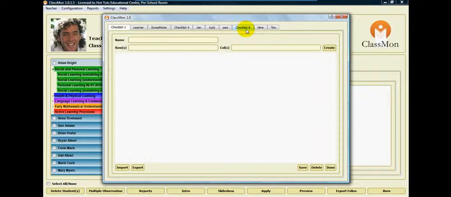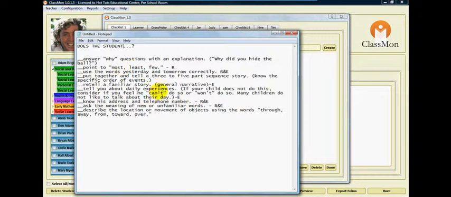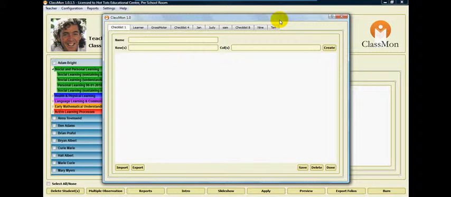So there are 10 preset checklists, and you can go through and fill any of those checklists and then associate any of them with any of the students. So we're going to build checklist 1. It's blank at the moment, and we just have a few dot points here for a checklist. So we'll just copy and paste the text from here, and we'll call this our comprehension checklist,